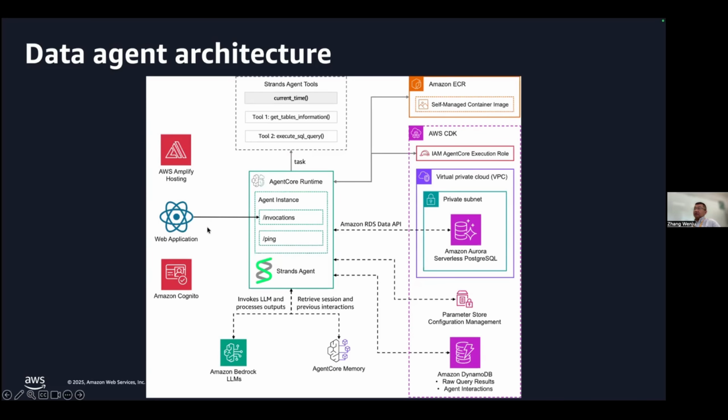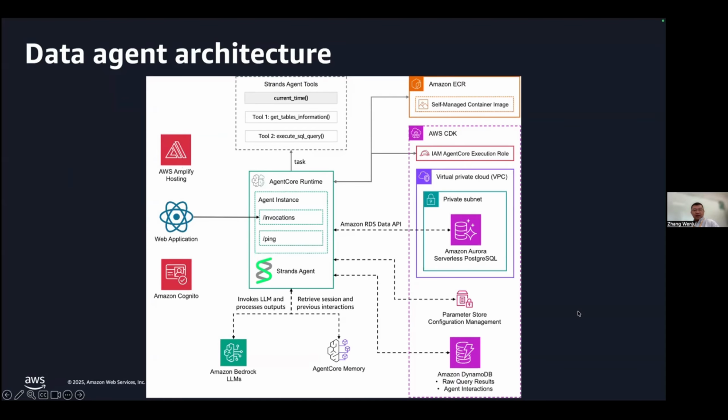For sure, we also have a web interface built using AWS Amplify, just as I showed you in the demonstration. Okay, this is the architecture.